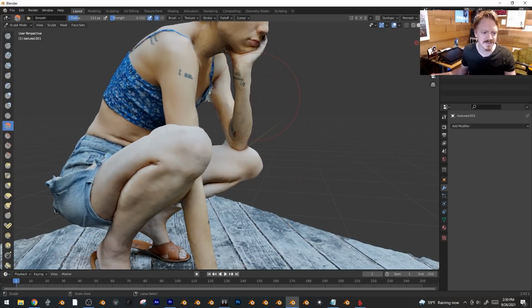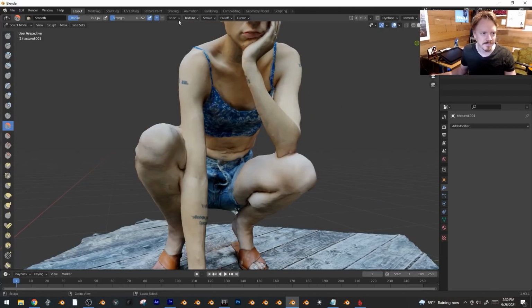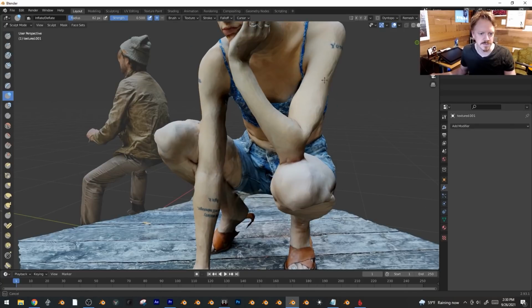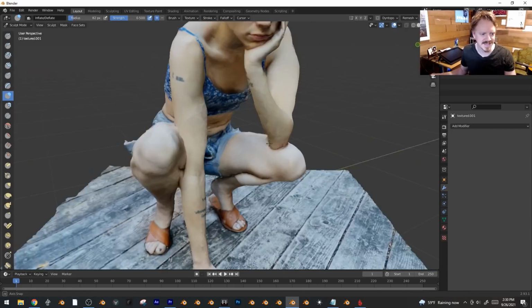Smoothing tends to make everything kind of skinny. Let's actually turn up the strength, turn down the radius. A lot of times I'll do that, and then I'll go back in with the inflate brush and just pump the arm back up, you know, and maybe give her some big,